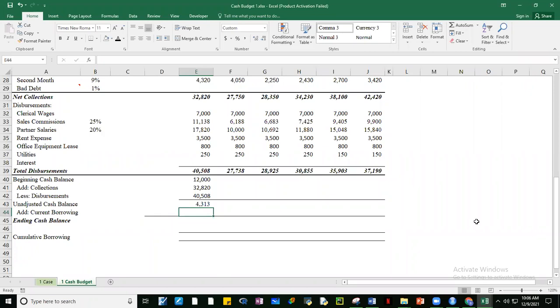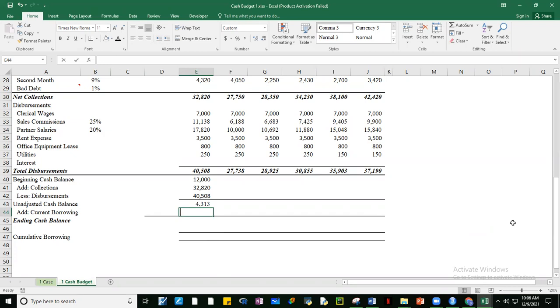Okay, how much should we borrow, guys? So this would be equal to ano? Iitin ko lang to. How much should we borrow, guys?